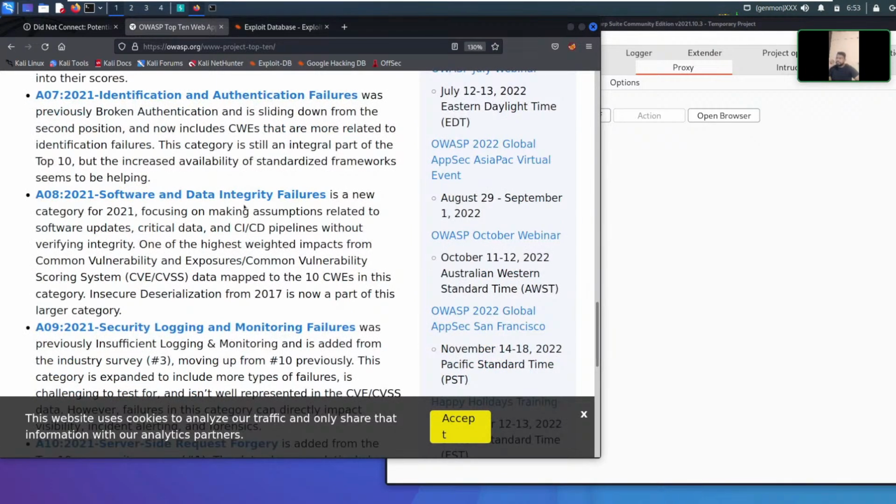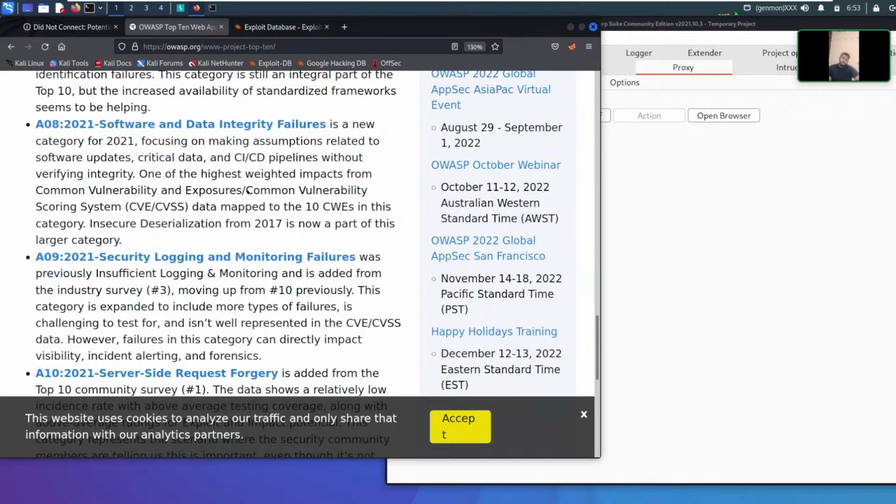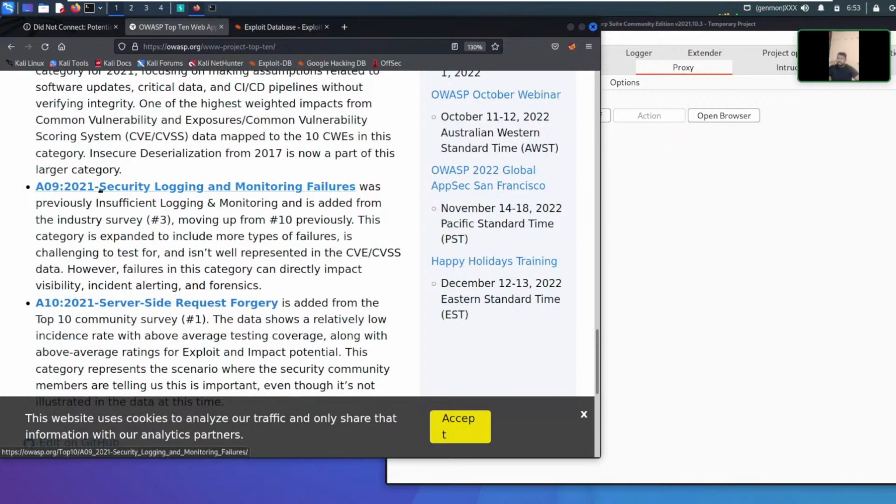Coming to software and data integrity failures. Sometimes there are DDoS attacks that make the application work in an unintended manner, and eventually the application goes down. And we have security logging failures. Due to very little monitoring of applications,